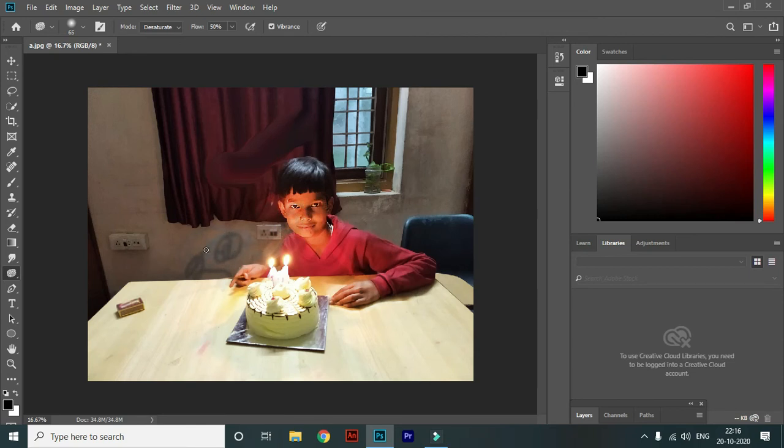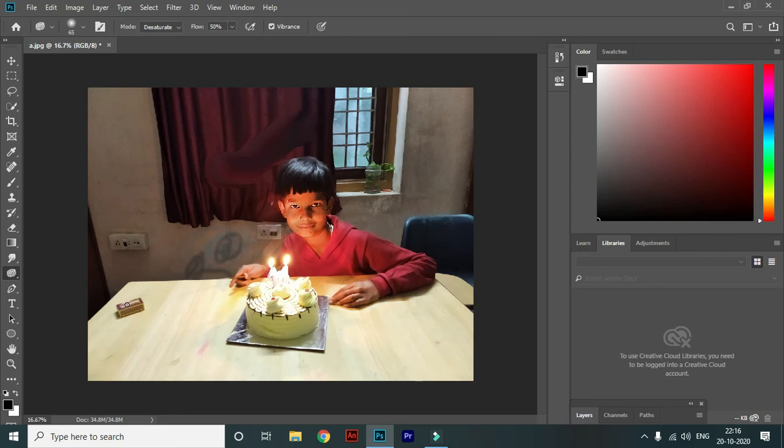now the most important tools are coming on page number 88. The spot healing brush tool and healing brush tool are very important. And now children, in this image you can see that the matchbox is on the table.